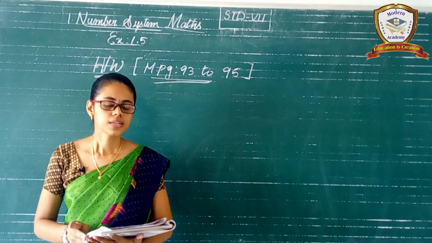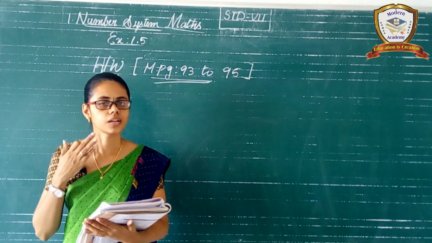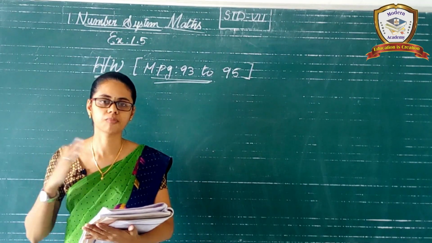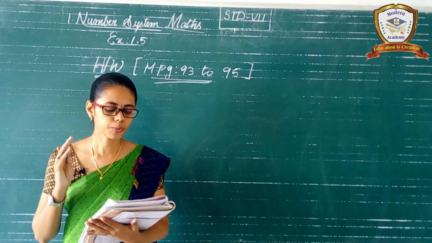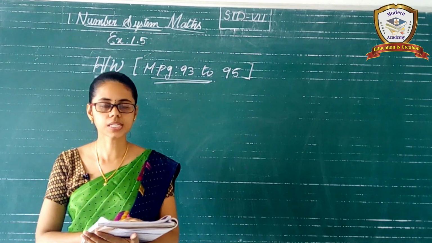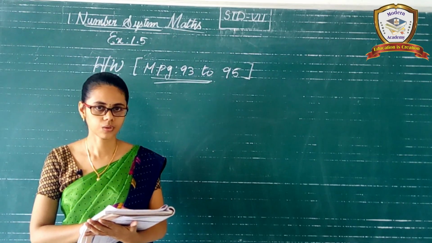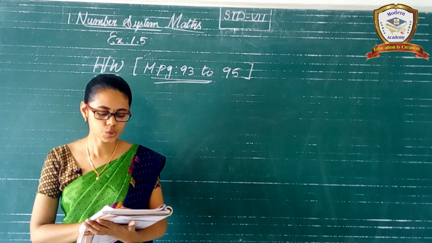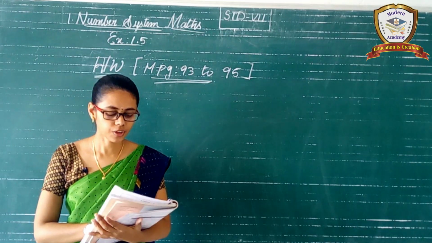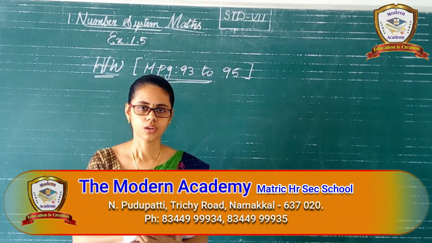Okay. And next, fourth one, 7 is added to a certain number. That number we don't know, so we can consider x. So 7 is added to a certain number. The sum is multiplied by 5. Multiply 5 means multiply by 5. The product is divided by 9. And 3 is subtracted from the quotient. So from the quotient we have to subtract 3. Okay. Then the remainder left is 12. Means the number is? So we have to read the questions carefully and find the conditions, and finally we want to get the answer. Okay.